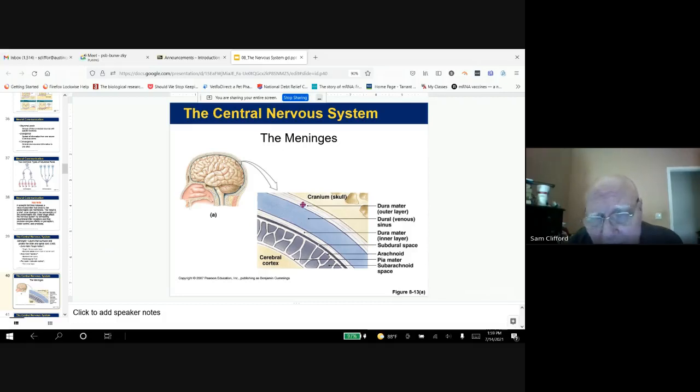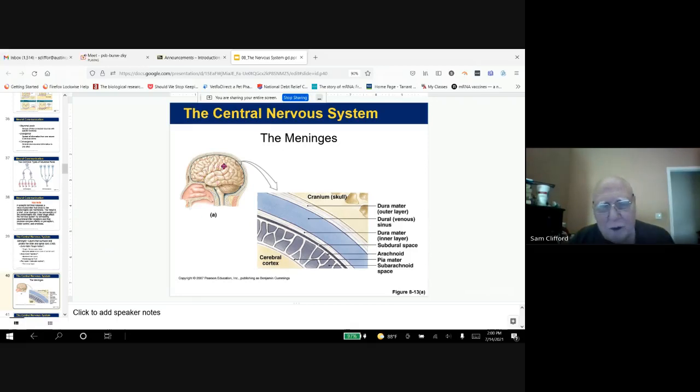But the outside skull has a dura mater, 2 layers of the dura mater, the arachnoid layer because it looks like a spider web, and then the space and the soft or the delicate mother, the pia mater, which is directly on top of this